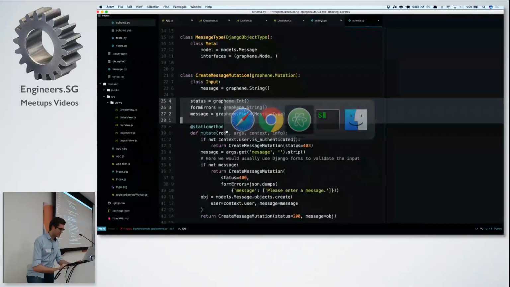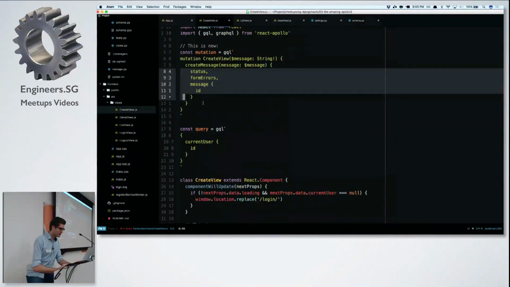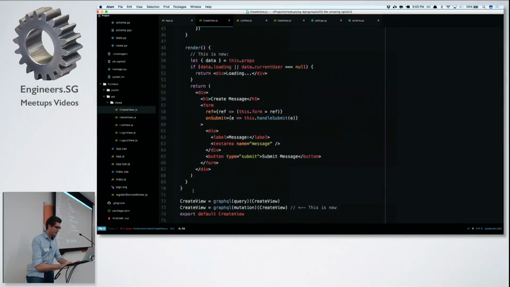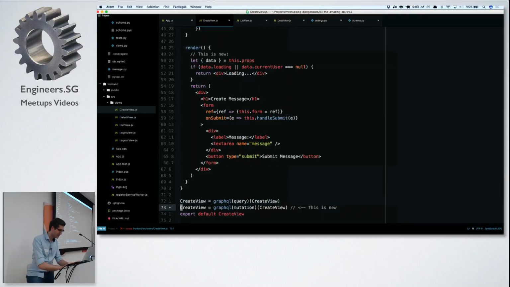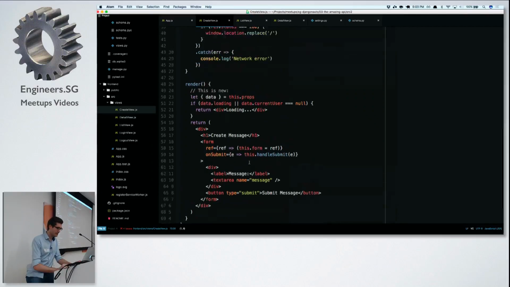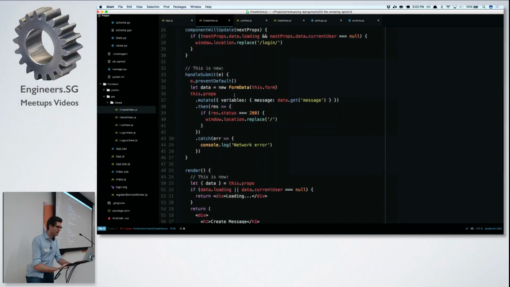So what else does this thing do? We know already how to attach a query to our component, and attaching the mutation to your component works in exactly the same way. You use the wrapper function, and now you put the mutation in. And you wrap your view around it. So you can actually wrap your view several times, okay? And when you wrap your view inside the mutation, you now have available this